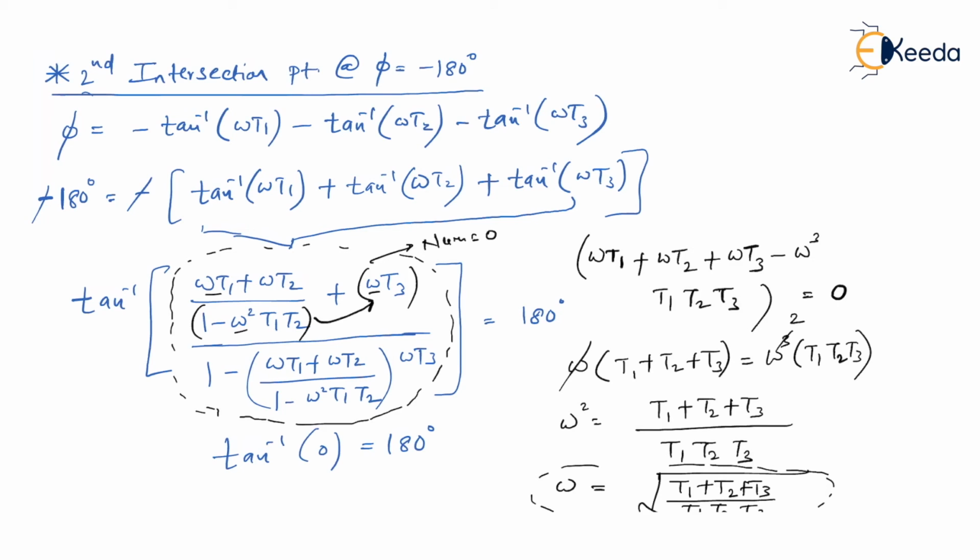So let's move to the next question. The next question is 1 over s square, (s t1 plus 1) multiplied by (s t2 plus 1). Let me assume this is my G(s)H(s), to which now again I'm going to substitute s equal to j omega.